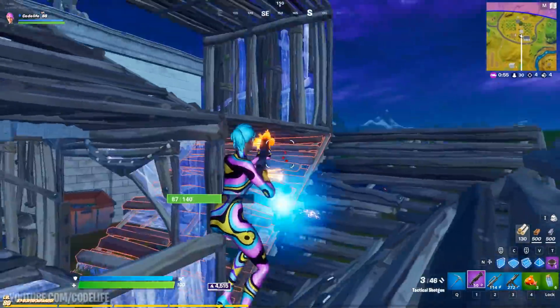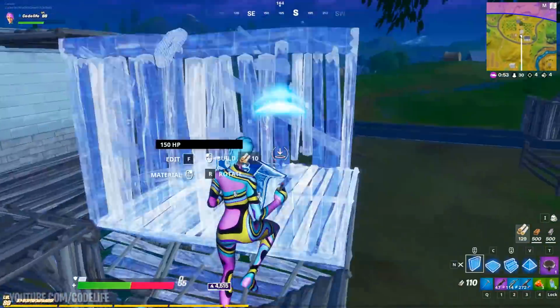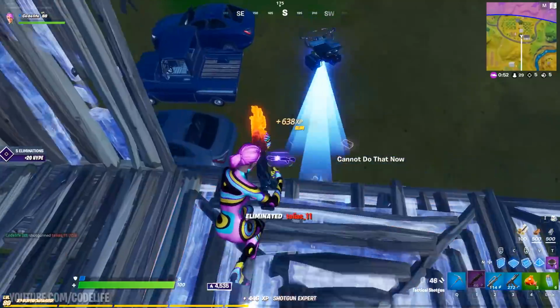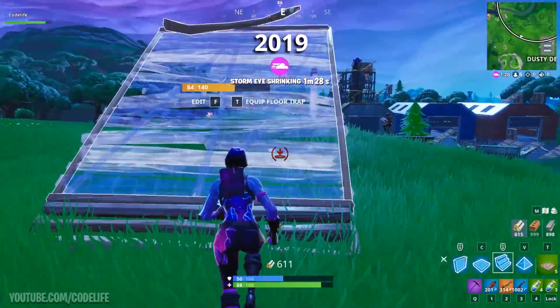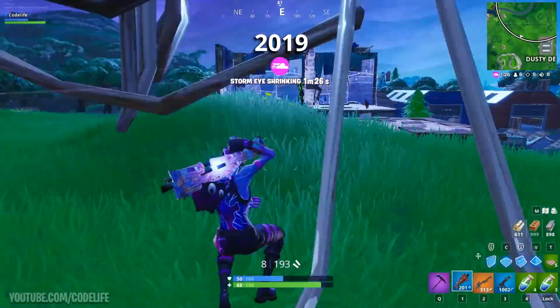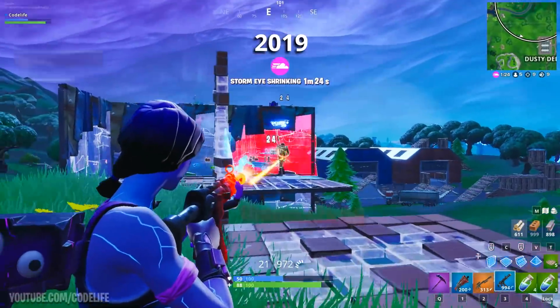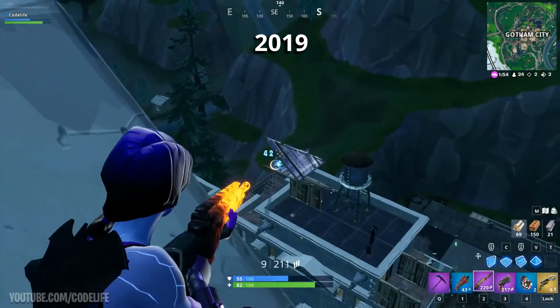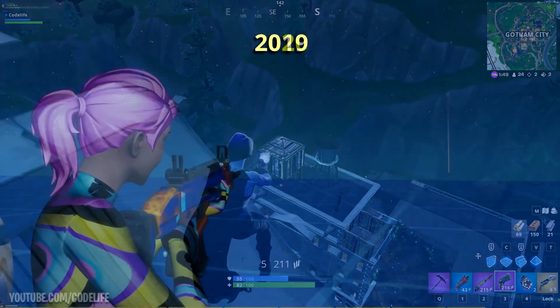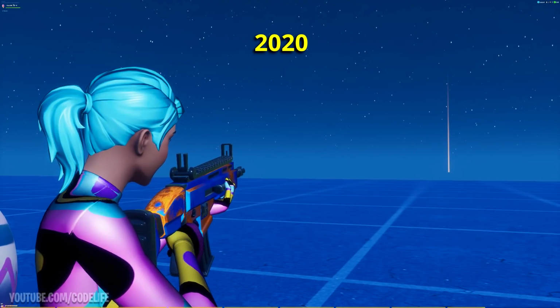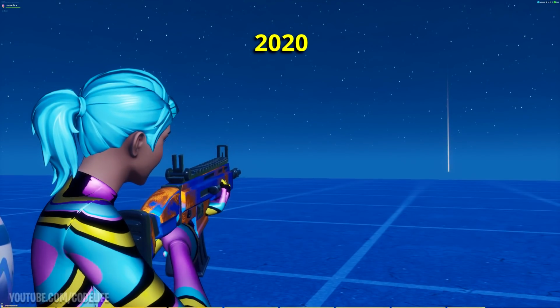In my opinion, I definitely think it should, because I myself, if you didn't know, do prefer the older ADS zoom, and the reason is that I felt way more comfortable tracking my opponents with that extra bit of FOV. It just made it much easier to firstly spot the enemy and then to take the shots at them. Whereas with the current zoomed in ADS FOV, I feel like I struggle a lot more